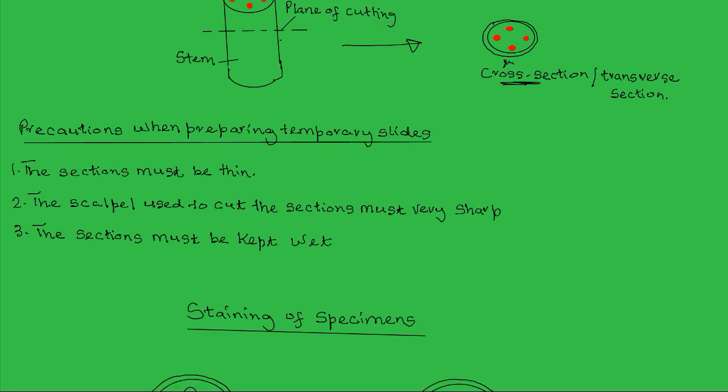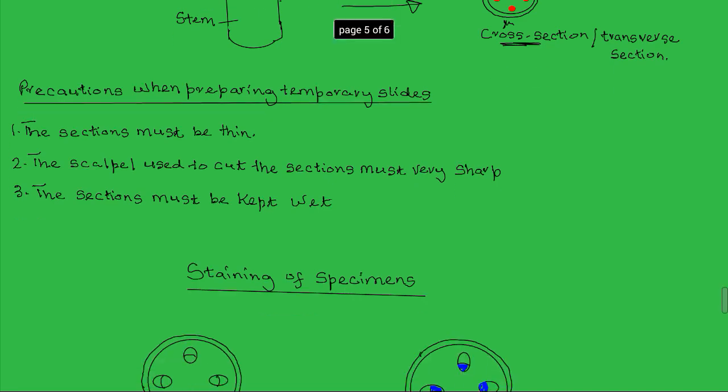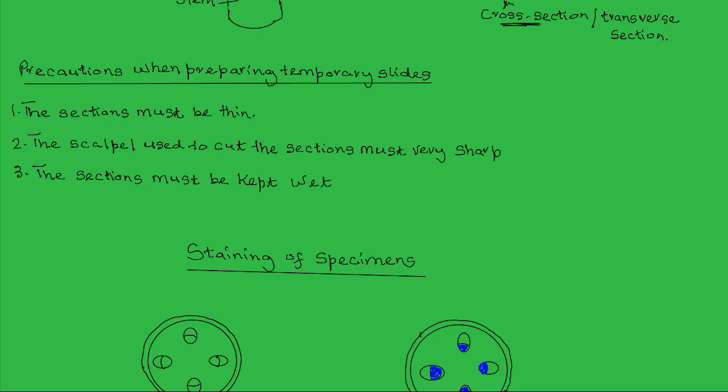Now, when preparing the temporary slides, there are certain precautions that must be taken, and these precautions include: 1. The sections must be very thin. They must be very thin. Why? This will allow light rays to pass through the specimen so as to reach the lenses for illumination and